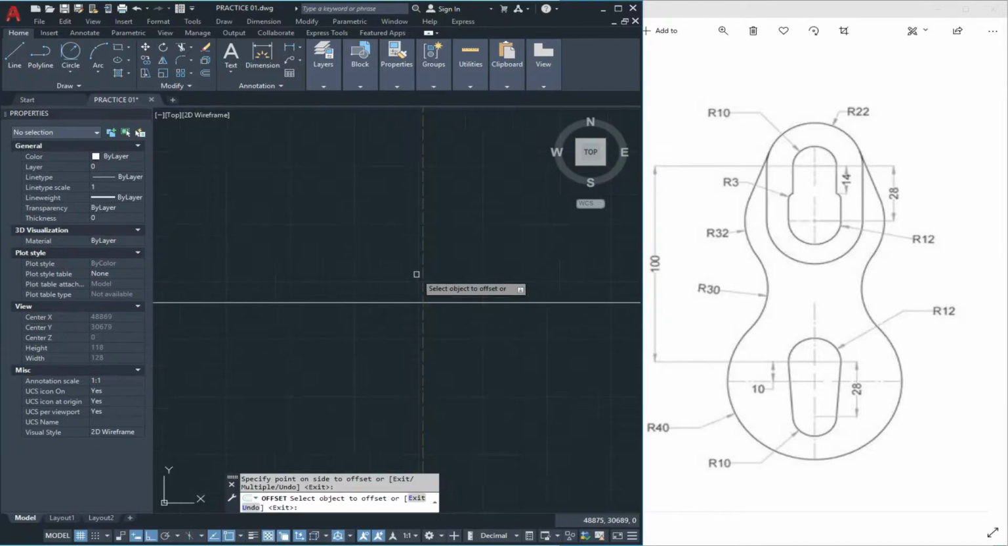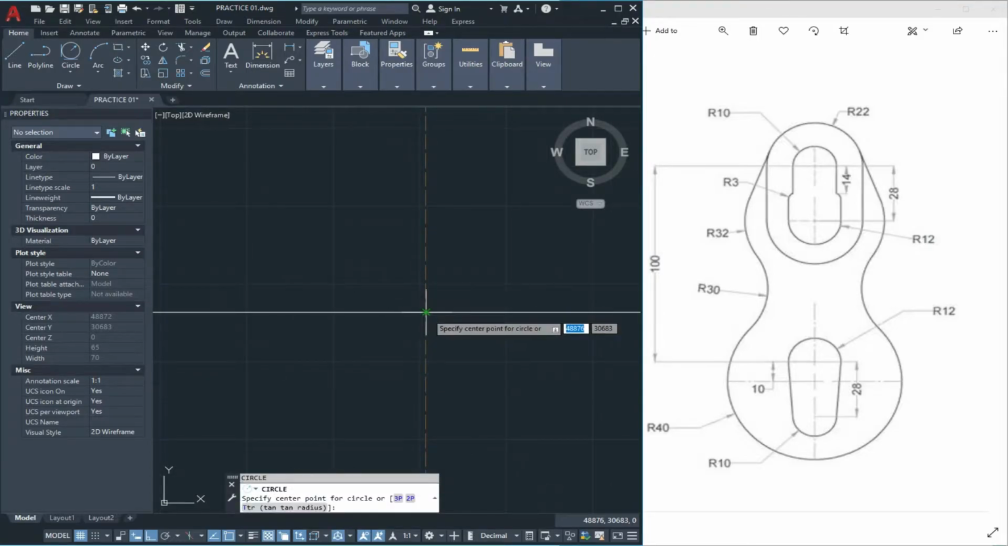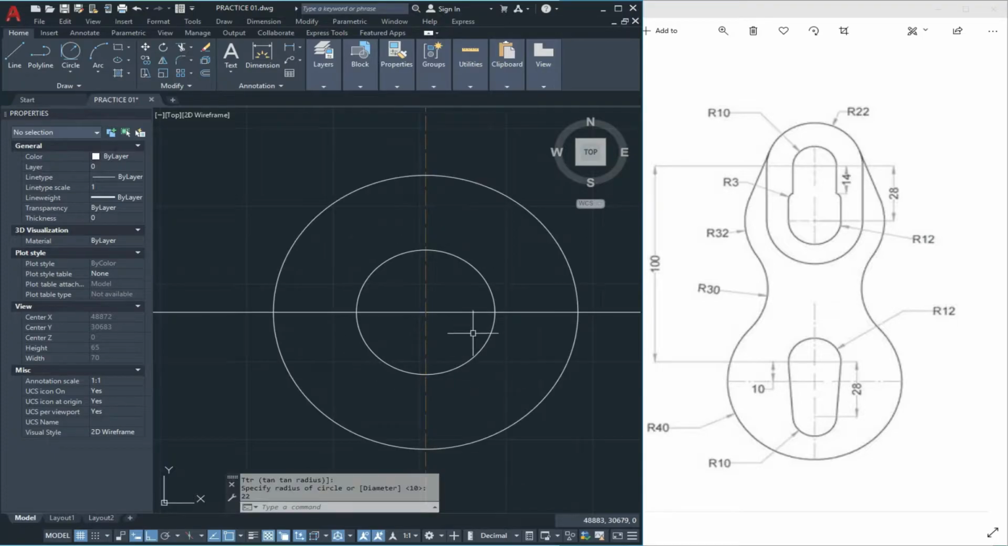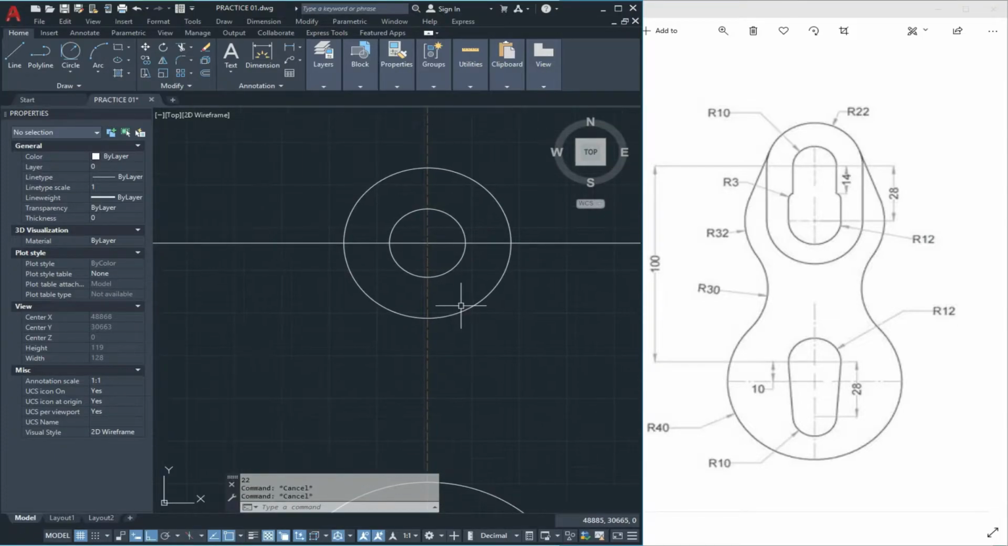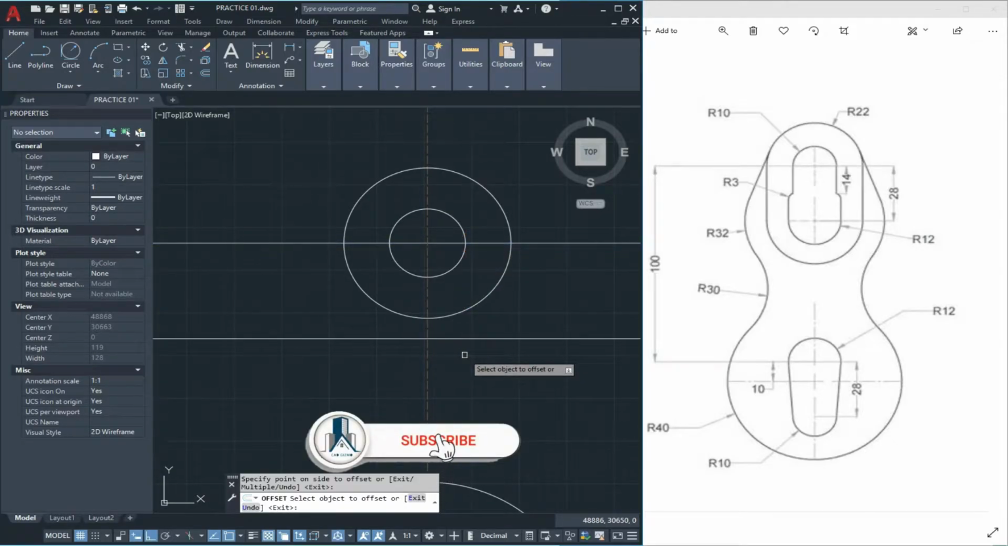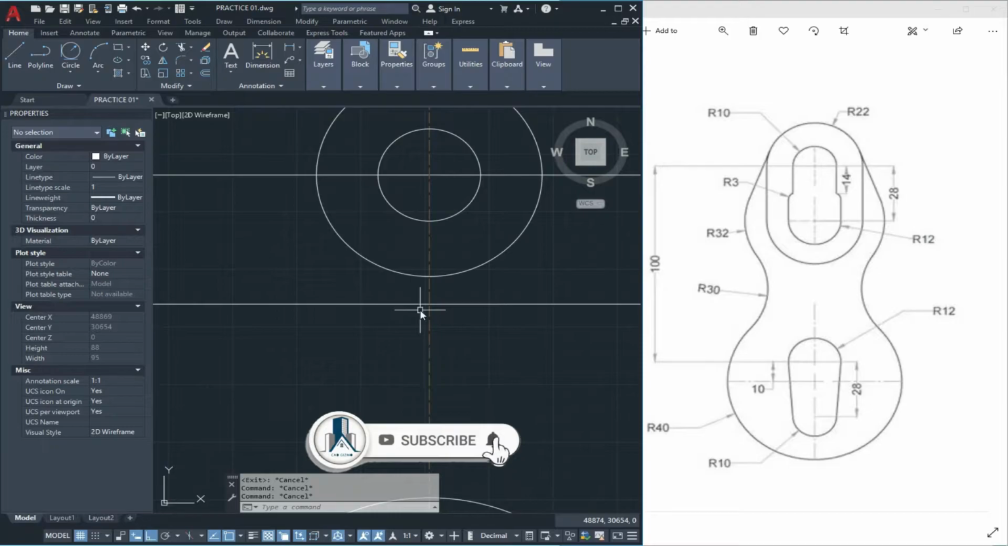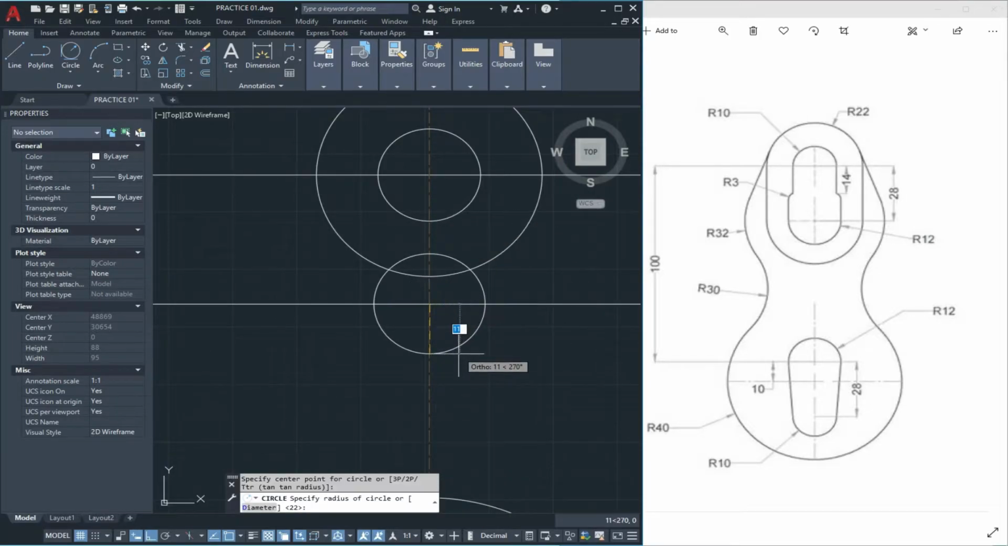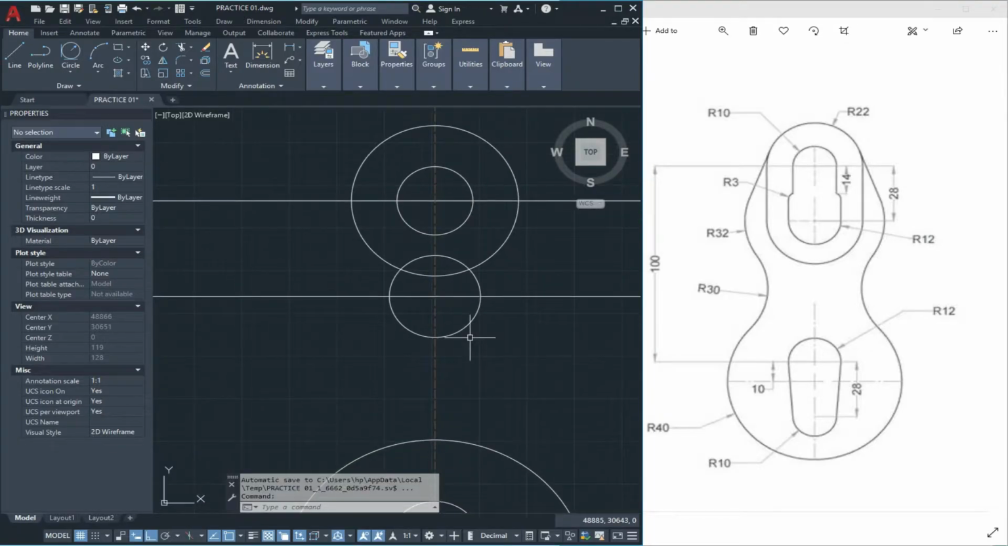like this. Now we draw a circle, 10 units, and draw a circle of 22 units like this. Now we give the offset 28 units and draw a circle of 12 units like this. Now we draw this circle which has the radius of 22 units